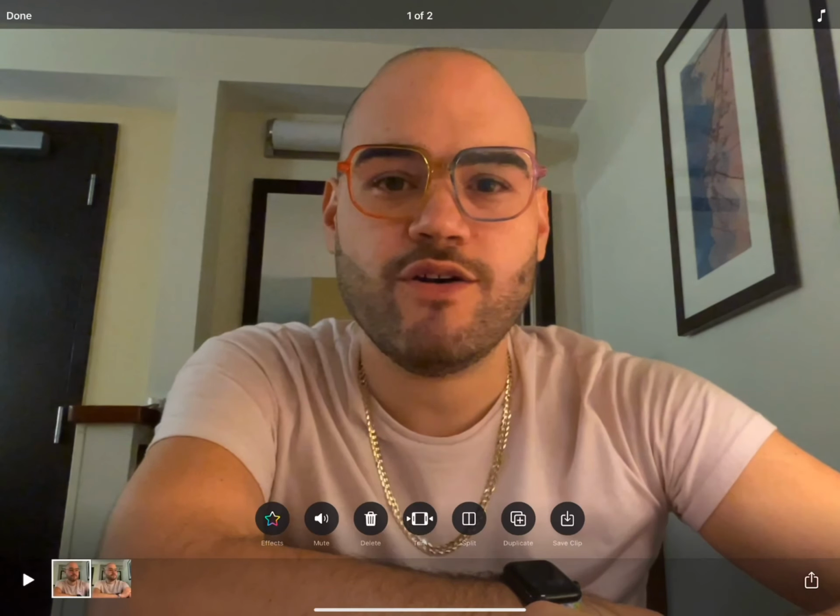Alright, so as you can see here, this is how I set everything up at the beginning. Once you open the app, you basically start doing this. You record a video. I didn't like this particular video, so I'm deleting it right there, as you can see. But once you record a video within the app, which you do by pressing this red button on the right,